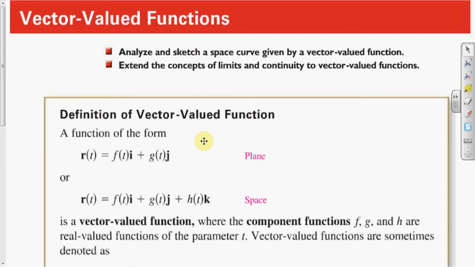Yes, sir. Yes, sir. Yeah. K represents the. You got it. You got it. Yep. I, J, and K represents X, Y, and Z axes. Yes, sir. So